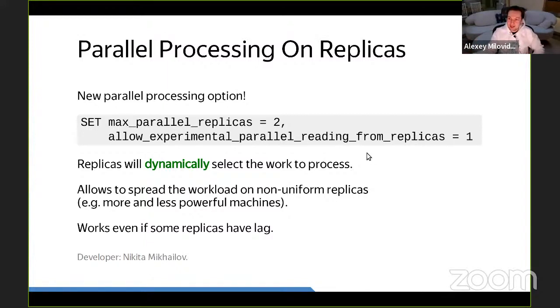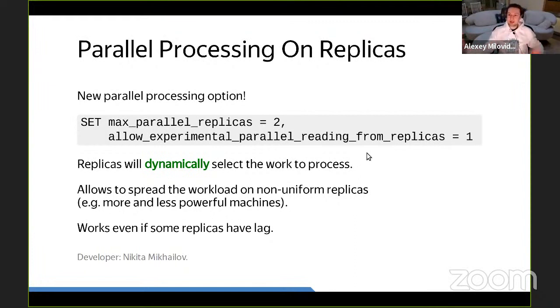If you activate this new parallel algorithm, every replica will select the work dynamically. It will ask the initiator server for some chunk of work, and the initiator will assign these chunks of work to every replica.